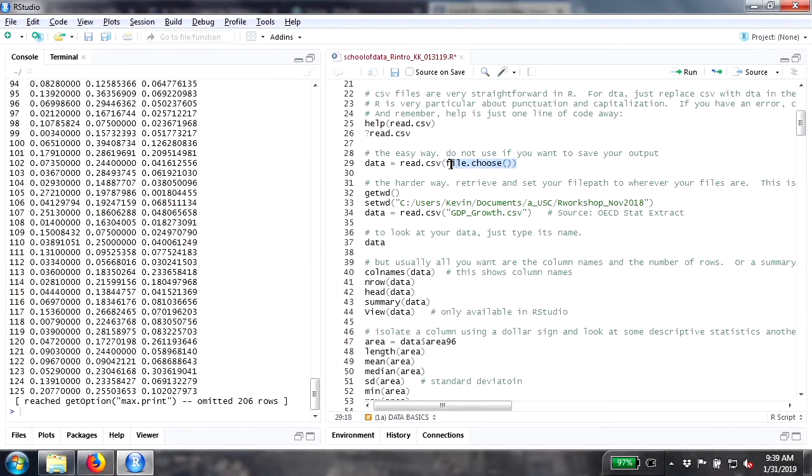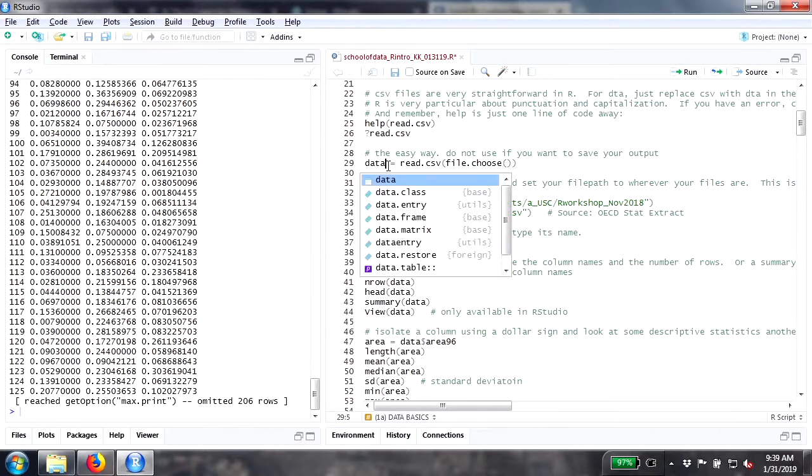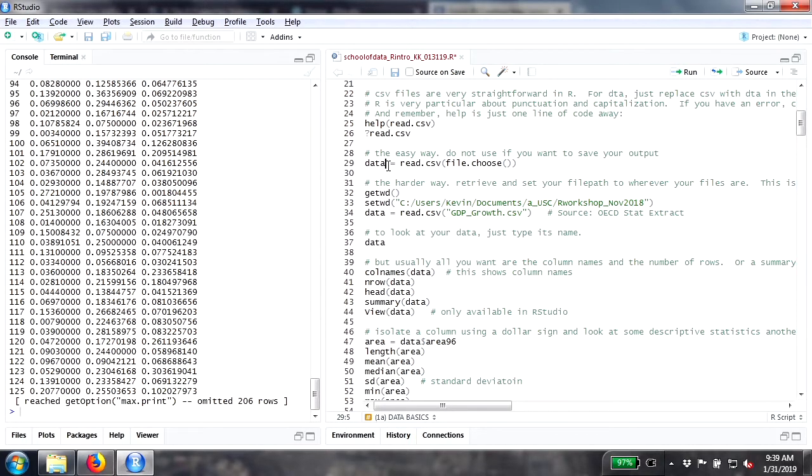That's the very easy way to read in your data, is to use this little file choose dealie. And data here is not a command. It doesn't show you that right here, but I could call it D. I often just call data D. The next thing I sometimes call D1, D2, whatever. You can name your data whatever you'd like, as long as it starts with a letter and as long as it doesn't have spaces in it, and as long as it meets several other criteria,